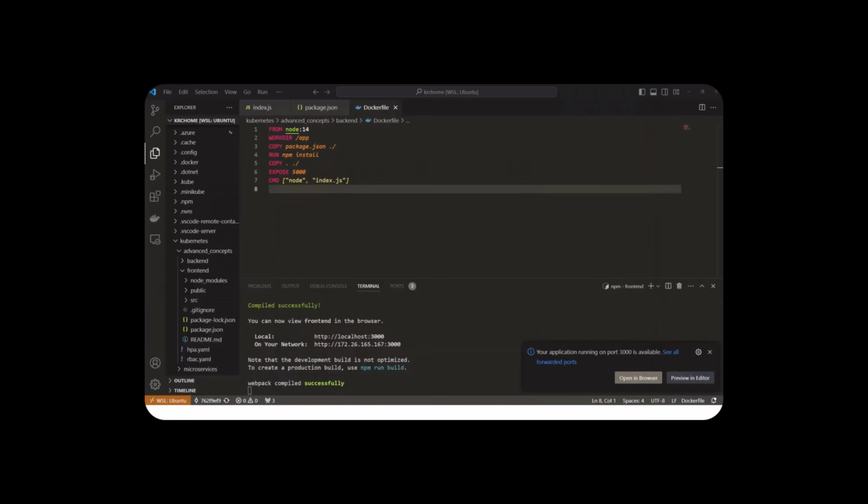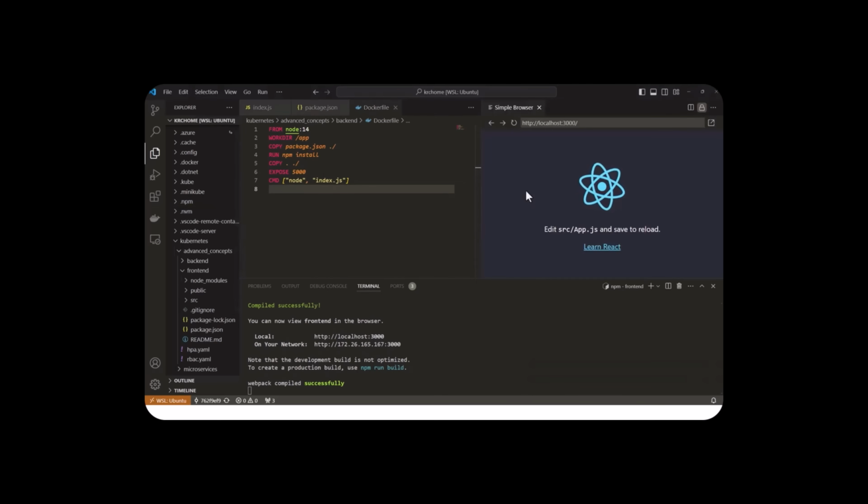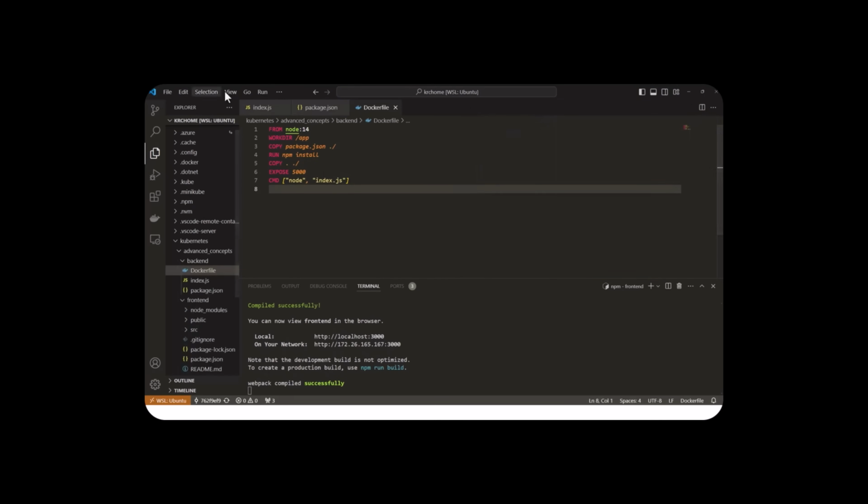Okay, so the React frontend is already built with the React template, and I could preview in the editor also if you choose. So it is there, the friendly preview editor. You can just close this. Now close this also. Okay, so our job is working so far. All right, the next thing is,